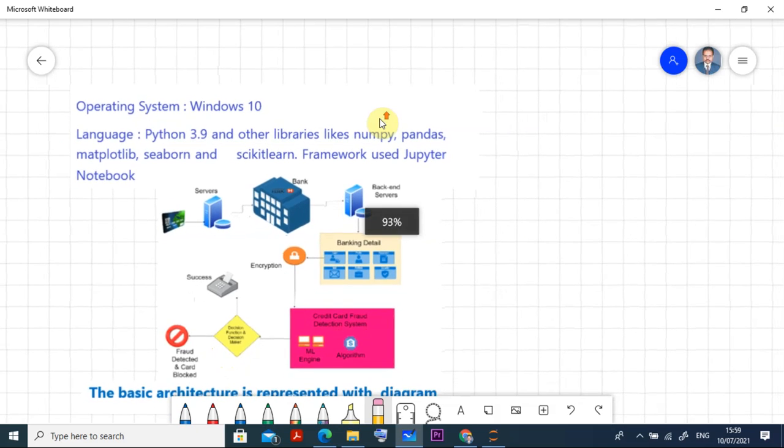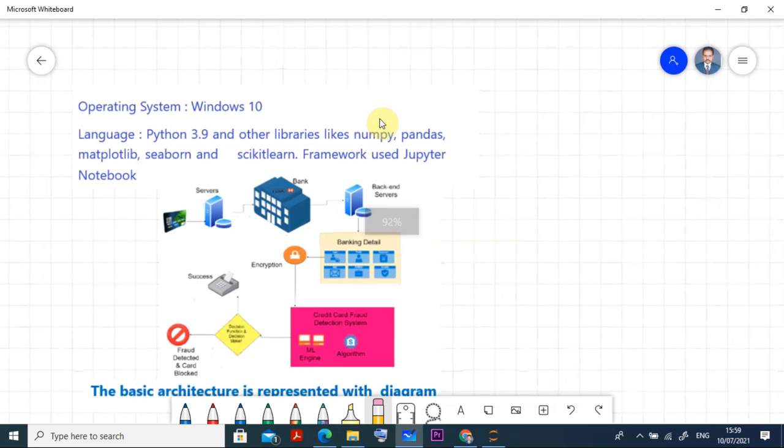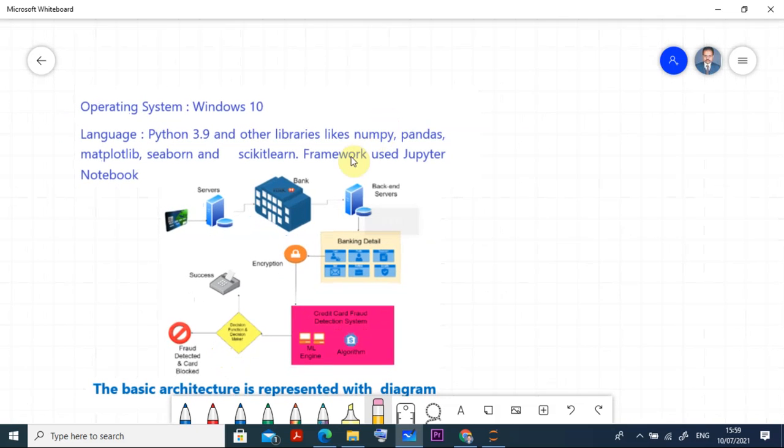If you see the basic architecture represented in the diagram, the end user with the credit card is trying a transaction, and the information goes to the server, then the bank, the ledger and so on, then the backend server where the database is. Then you come to the banking details and go for encryption. Here we apply the machine learning engine and algorithm.